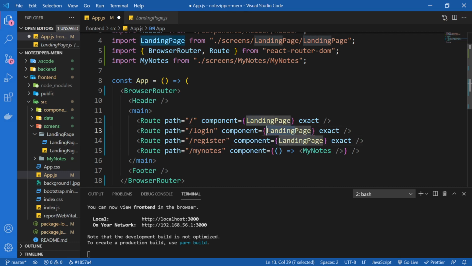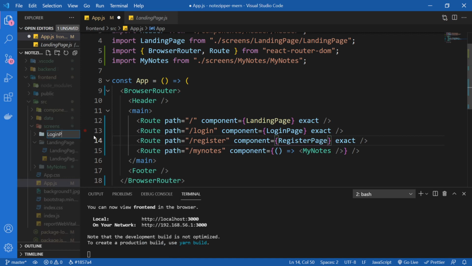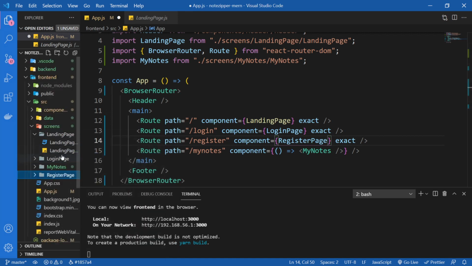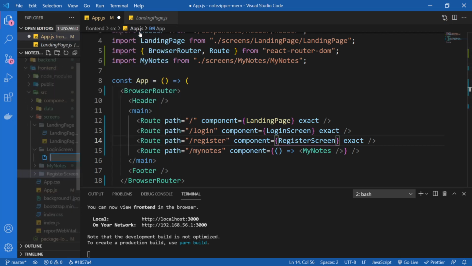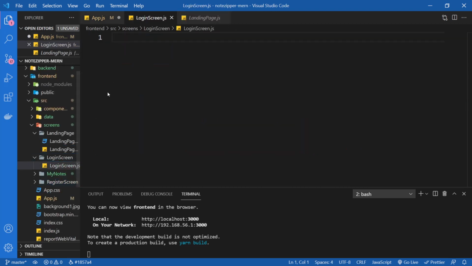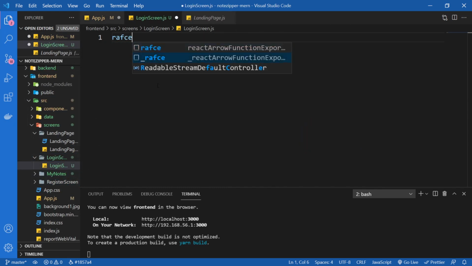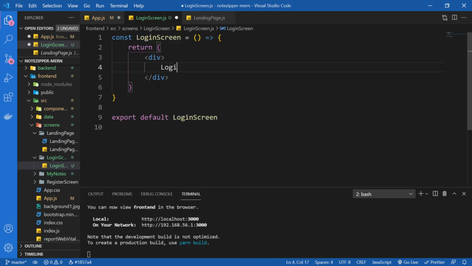This one is going to be the login page, and let's say this one the register page. Inside screens, I'm going to create a folder for the login page, another one for the register page. So inside the login screen page, okay, you know what? Let's just rename it loginScreen and registerScreen, and change these two as well. Okay, inside of the login screen, I'm going to create a new file for loginScreen.js and RAFCE and some boilerplate code. Let's just write login